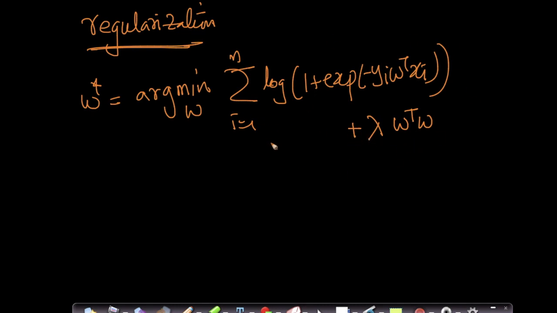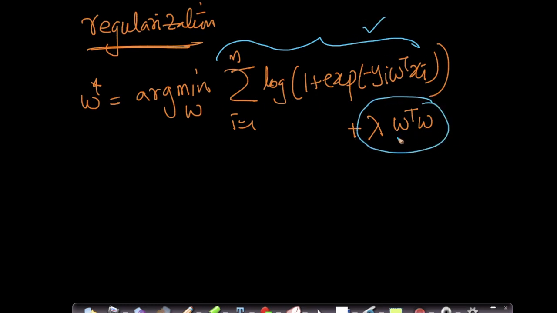Okay, let's understand what this is in some detail. This is called L2 regularization. I'll explain why it's called L2 regularization. This whole thing is exactly what we have. This is what we had for a long time. This is a new part. Let's understand what this part means. This part is nothing but lambda times